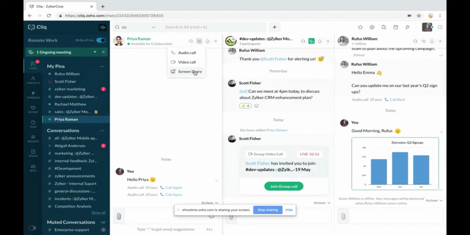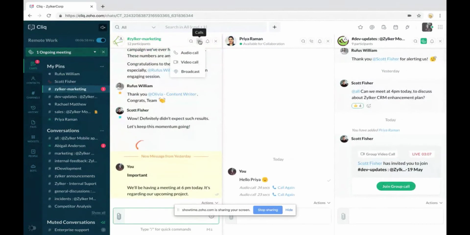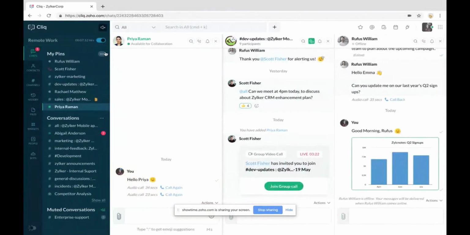One more notable option in channels and in groups is broadcasts, our 10th feature. Broadcast is just like streaming a live session like a YouTube Live or a Facebook Live. As you all know, it's a one-way interaction. You can use it for company-wide announcements and town halls. The broadcast feature supports up to 10,000 users. So that is about broadcasts.